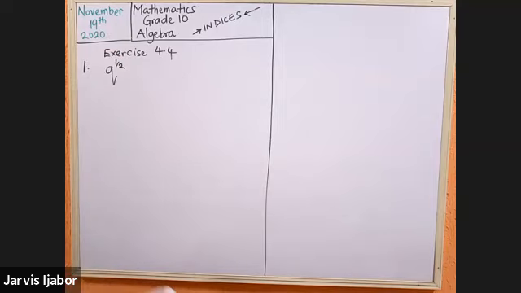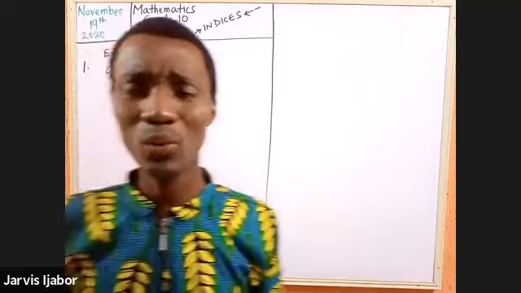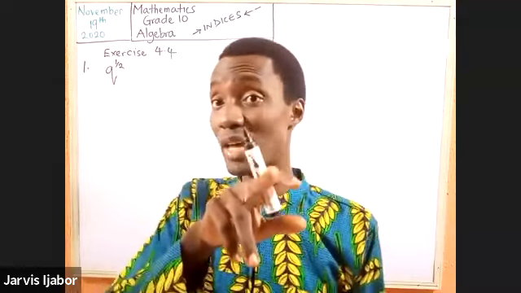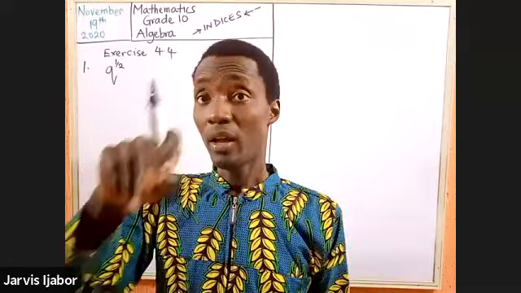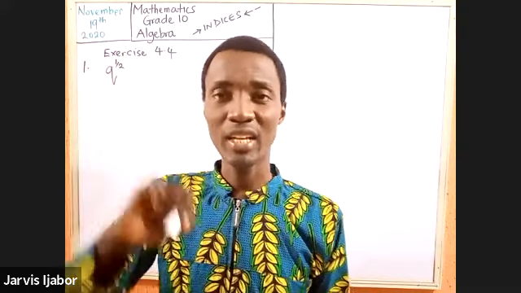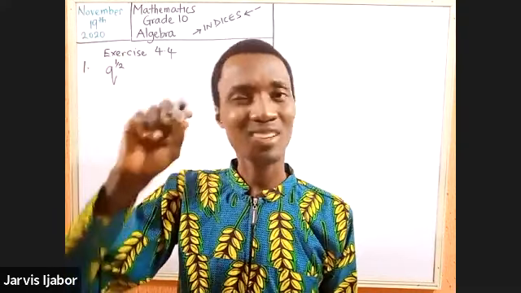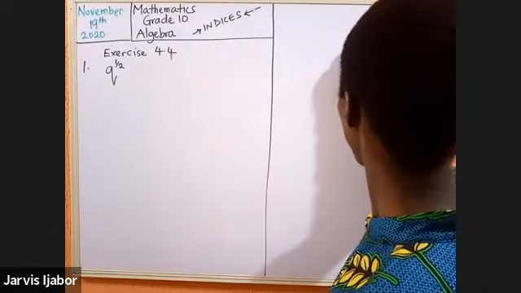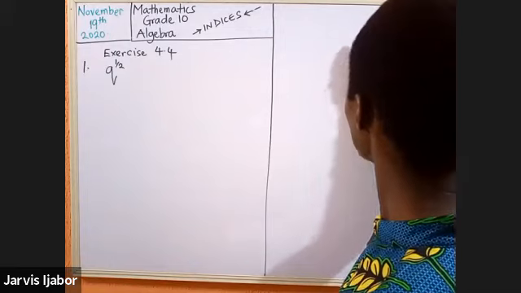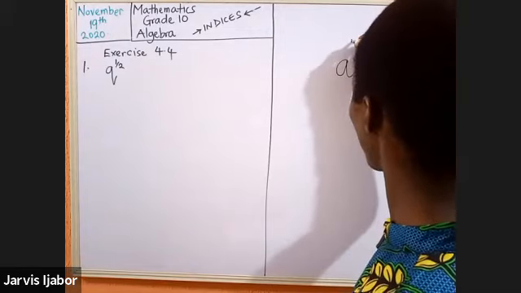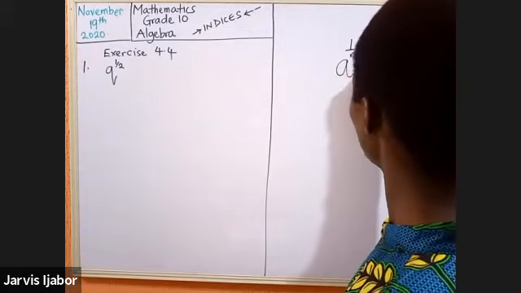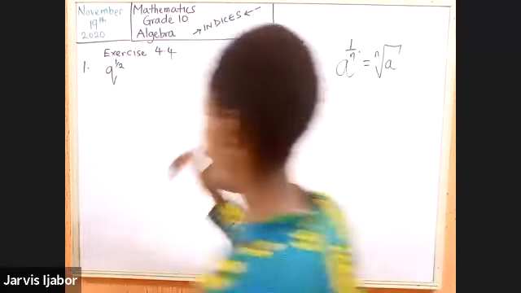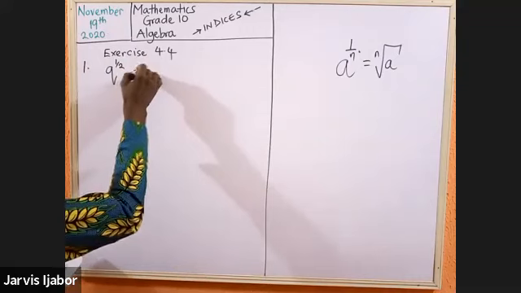Now, looking at that question, you might think, how do I handle a question like this? Q to the power of 1 over 2. Remember, I told you that the expression of the index as a fraction is the concept of roots. So if I have a raised to the power of 1 over n, this will be the nth root of a. So applying that here, the answer will simply be